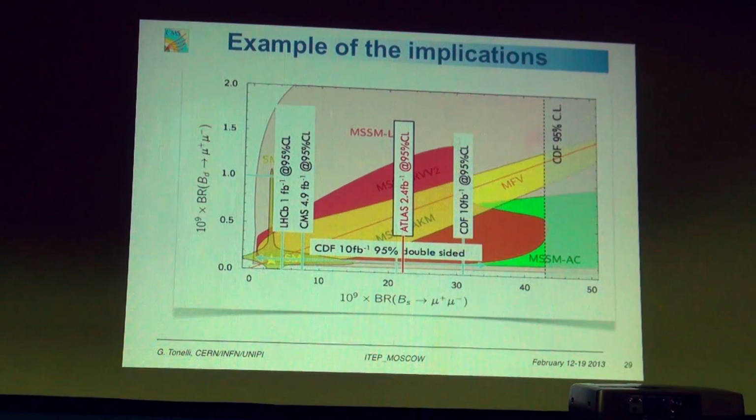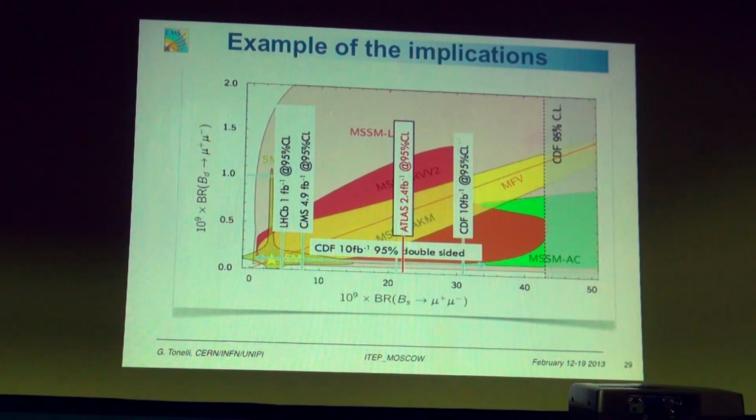But clearly, in this plot, there are many plots that you can use, in which there are different models of SUSY that you try to constrain using the current information on the branching ratios B sub D to mu mu and B sub S to mu mu. And this is where we were before the last measurements by LHCb. We were already very close to the standard model. We have not moved too much from these limits, but clearly all this region is becoming less and less common.